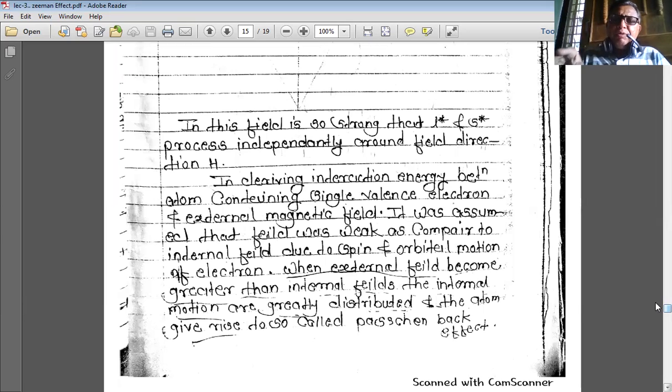When the external field becomes greater than the internal field, the internal motions are